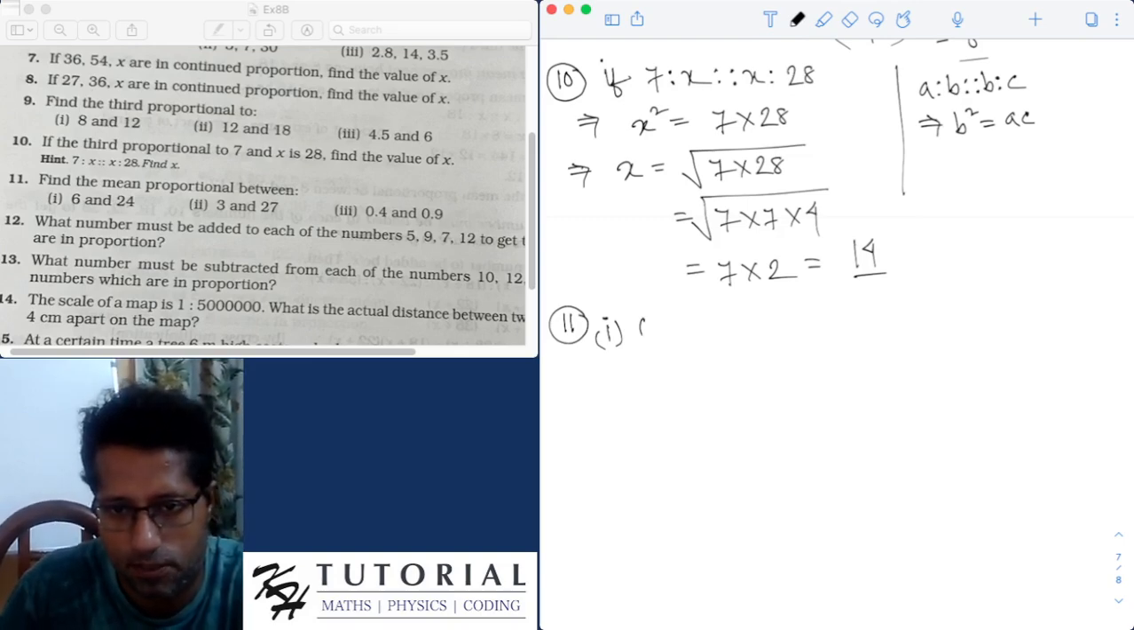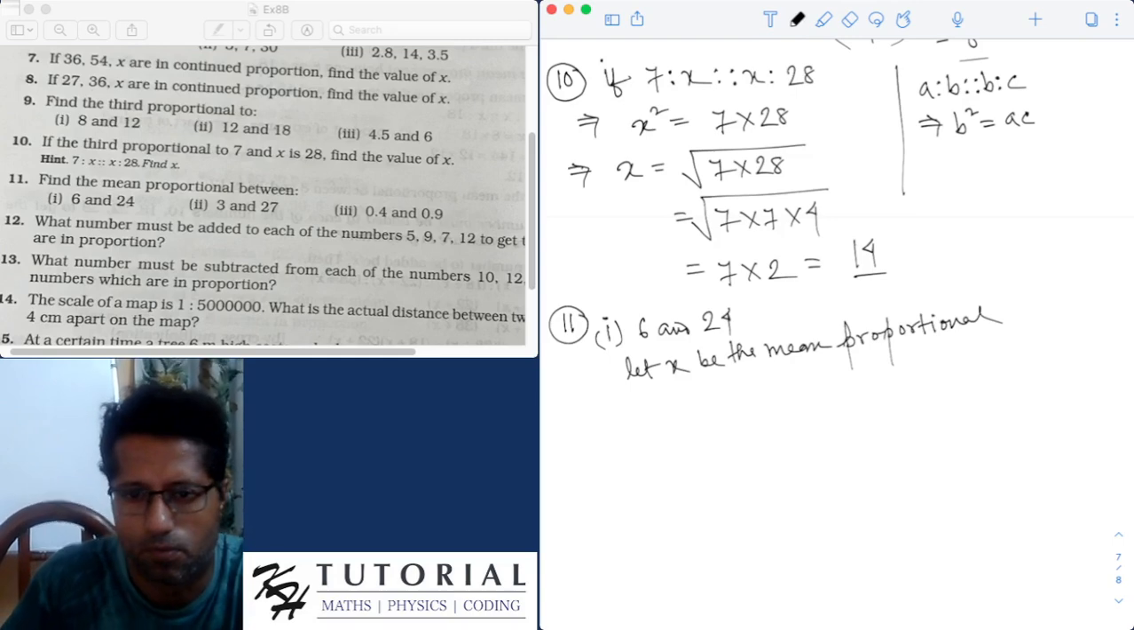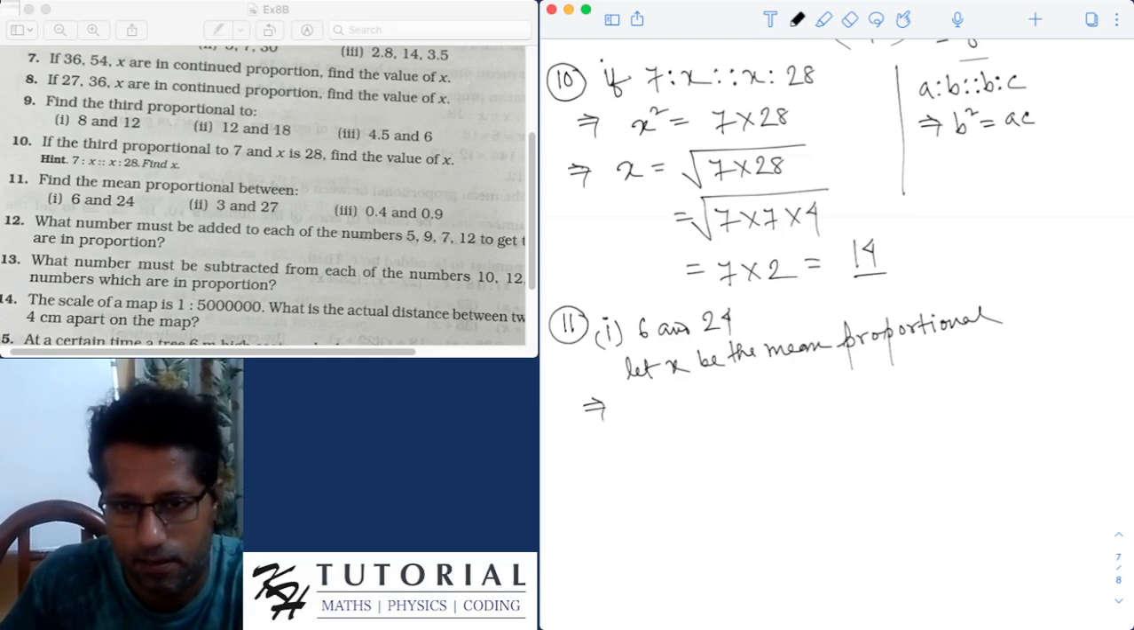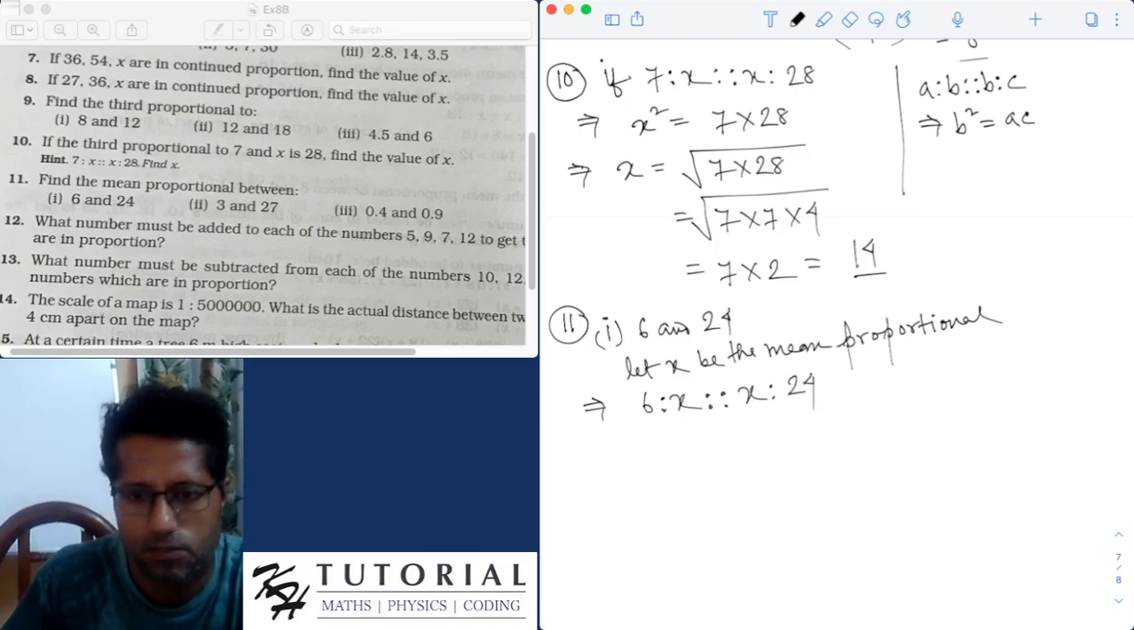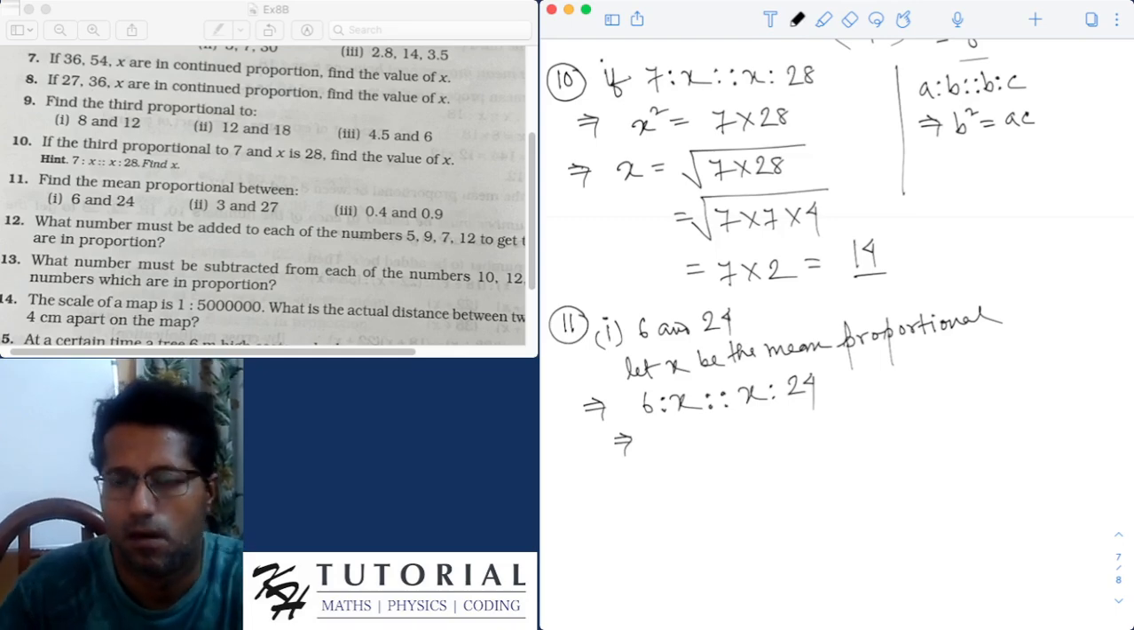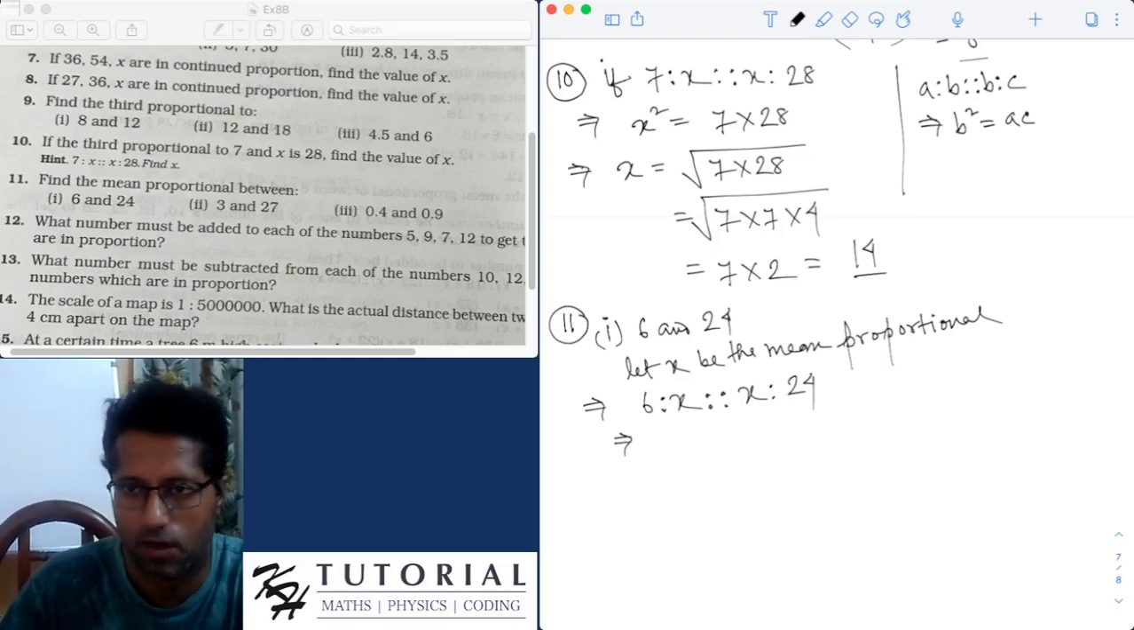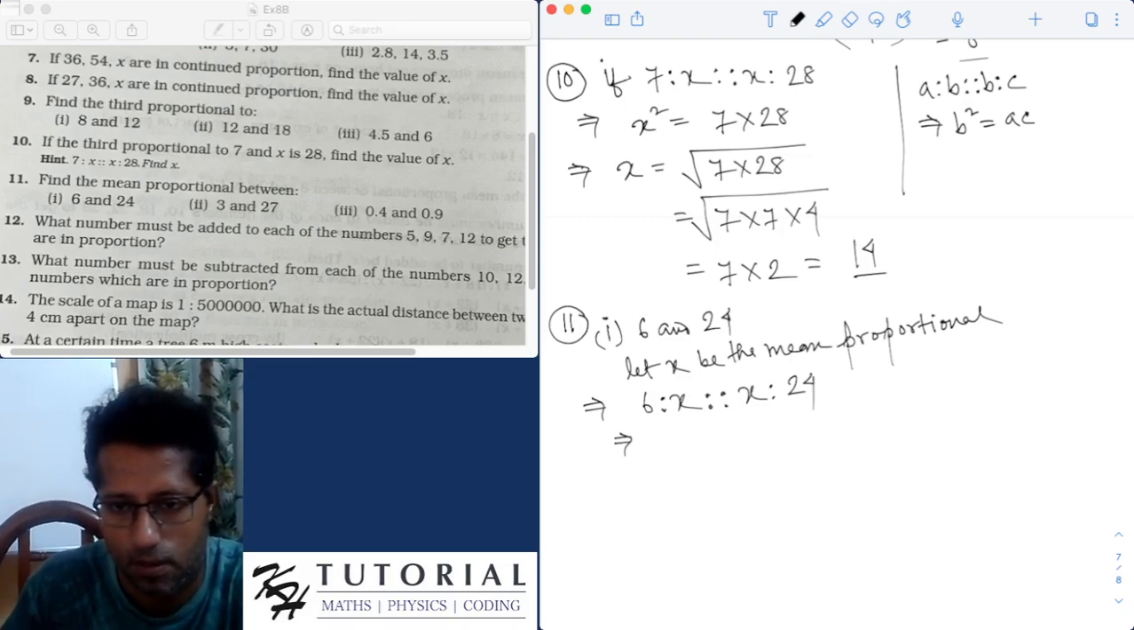So it is asking to find the mean proportional between 6 and 24. Okay, so let x be the mean proportional. This means that we have 6 is to x is equal to x is to 24. This implies, from the continued proportion formula b square equals AC, we will have